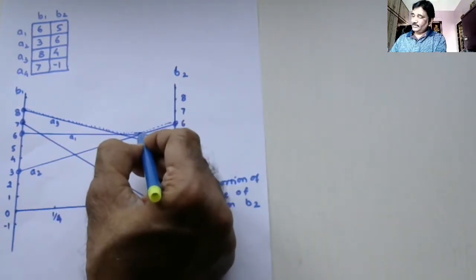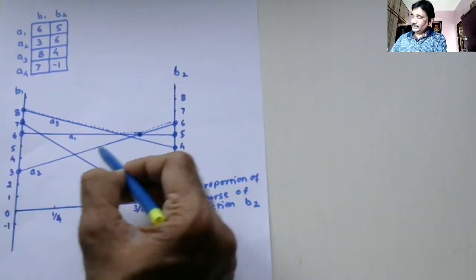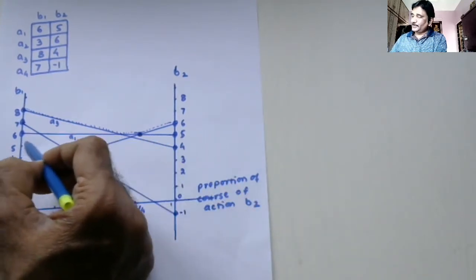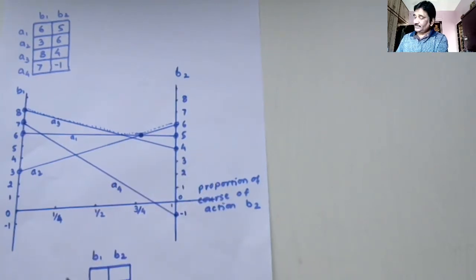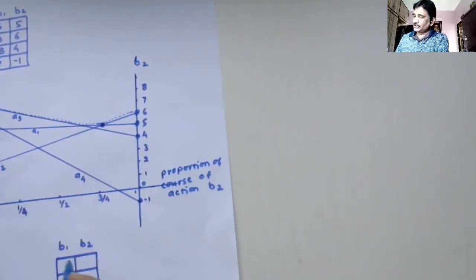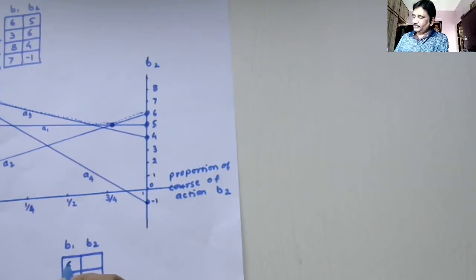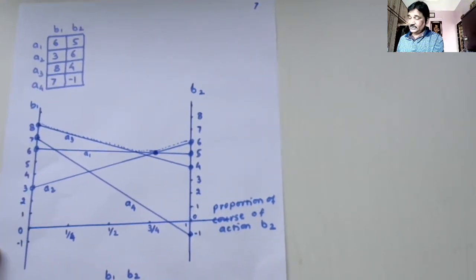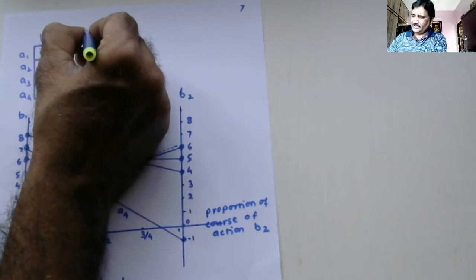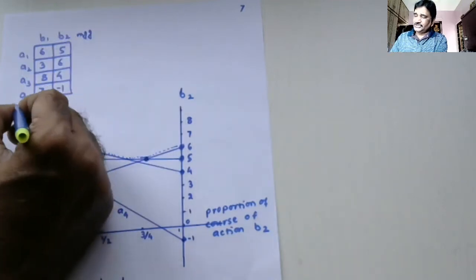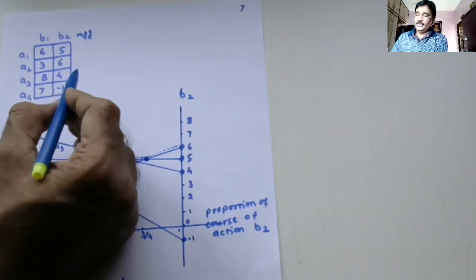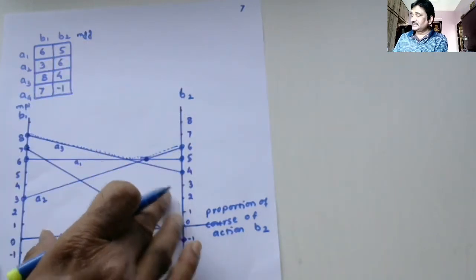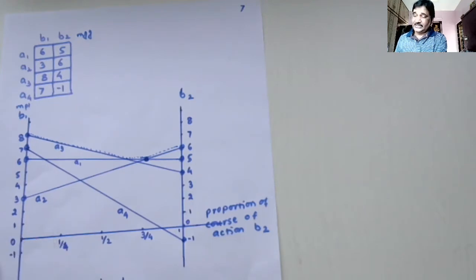So this is the game settlement point, and you just find out which two courses of action are intersecting at that point. Those two courses of action here are A1 and A2. So you just put the values 6, 5, 3, 6. This is A1. This is A2. Once again I made a mistake, and that you may also make: you must find MGG and MPL, minimum guaranteed gain, because this all makes sense only if the game doesn't have a saddle point, and that you have not checked.